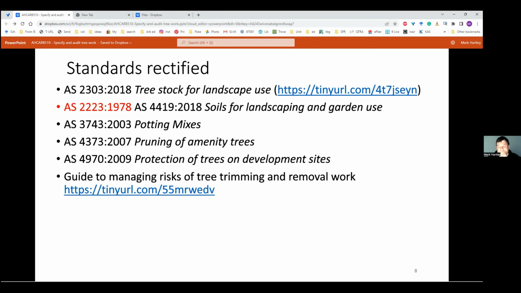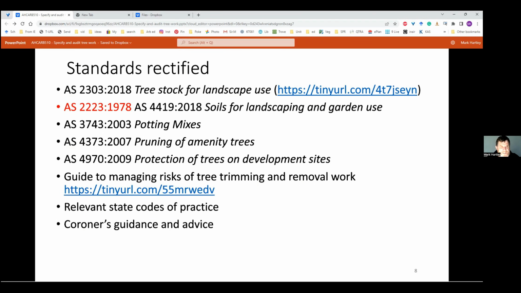And interestingly, there's issues with whole tree chippers, for example, as to whether you should be able to feed anything into a whole tree chipper or not. And so again, auditing of tree work might be internal. So Owen, if you've got guys working in the field, Mick, Brian, I don't know whether either of you have, but if you do have, or if somebody's watching this later on, it's perfectly good process to go out and do a random audit on your crews. How well are they complying against it? So there's an audit situation.